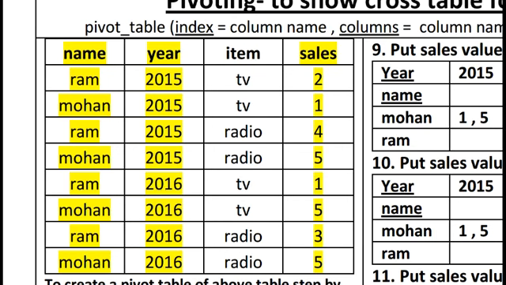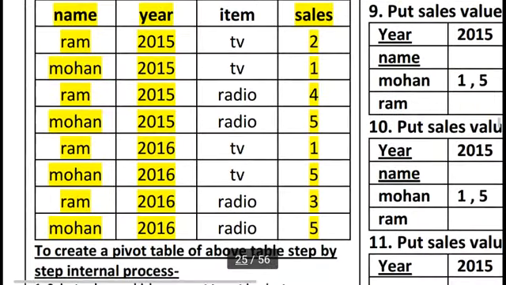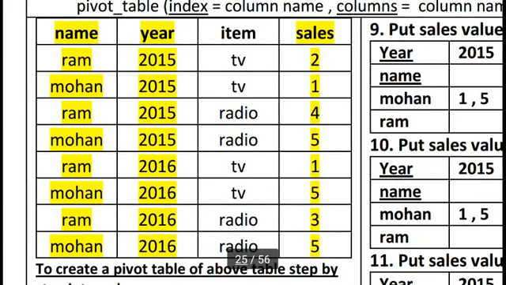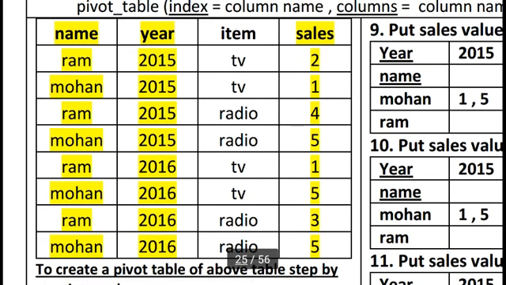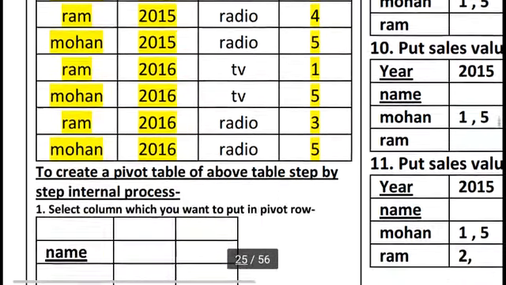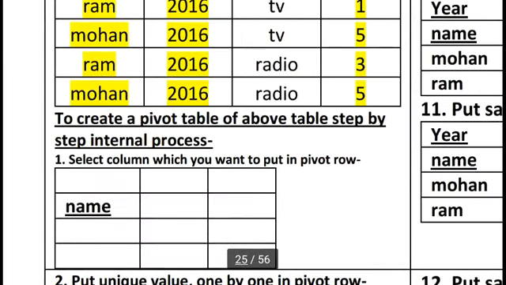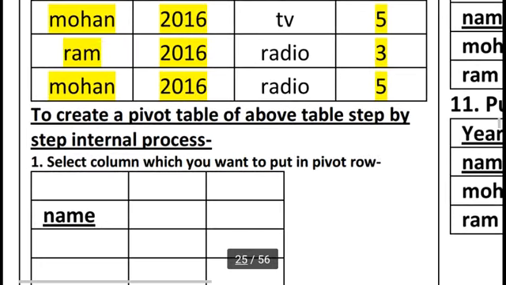So I want to analyze this data, how many items were sold in different years. There are many angles from which we can analyze this data, so for this purpose we can use the pivoting concept. You can see this is our main table. First we store this table in our data frame, and then we can use the pivot_table method to rearrange this data. First we understand how to create a pivot table manually, then Python will create the same thing for us.